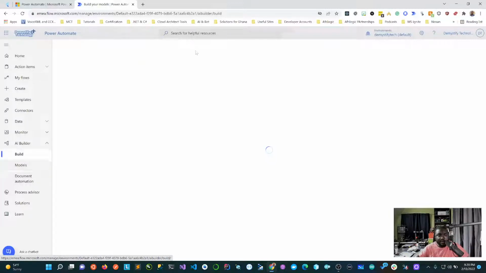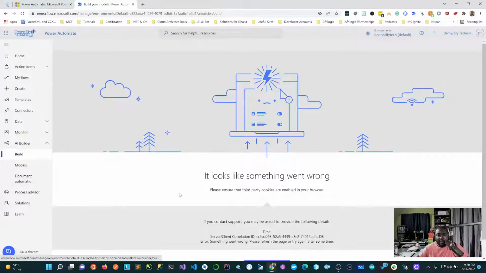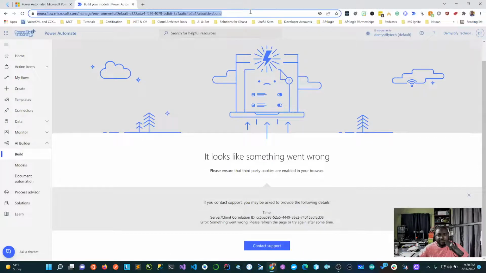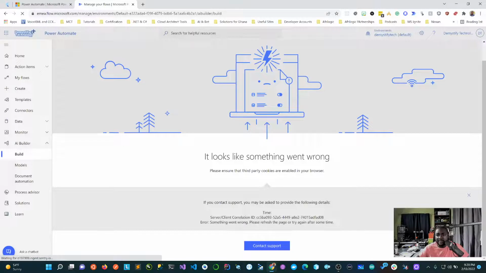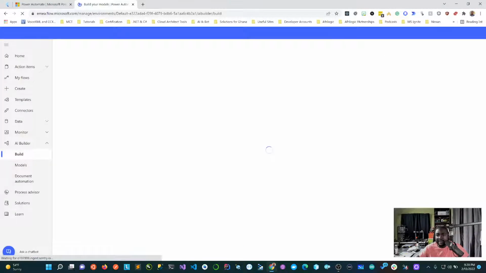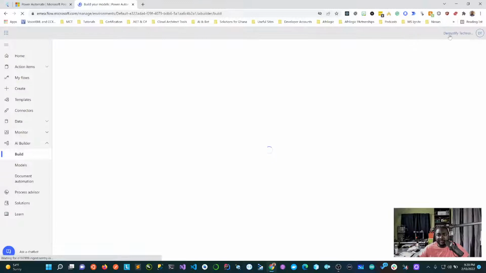All right. This is taking a bit, but let's go back. Let me show you something here. Yeah, something went wrong. I figured that myself. I'm not sure this environment even has it. I doubt this environment has that enabled. If it's not enabled, that's not going to show. But we'll check that. I'll show you how to do that now.